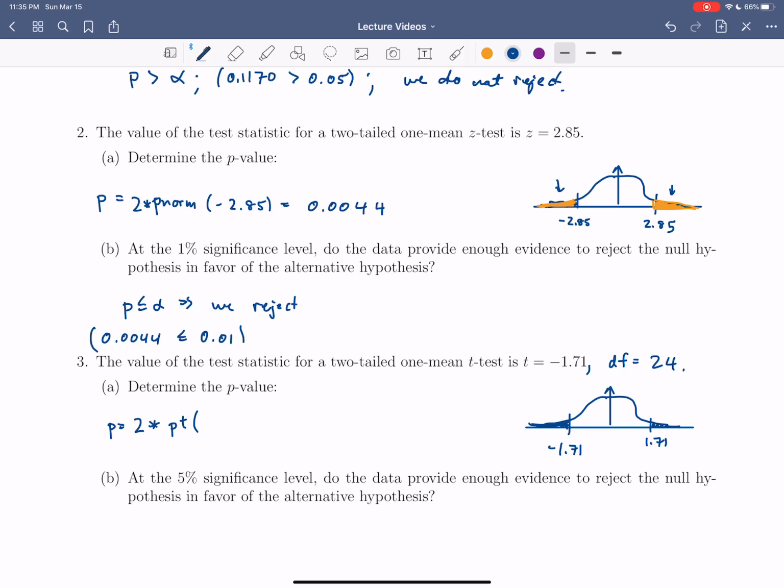We want to find the value up to negative 1.71, and we want our degrees of freedom to be 24. And if we plug that into R, 2 times pt of negative 1.71 with 24 degrees of freedom tells us that our p-value is